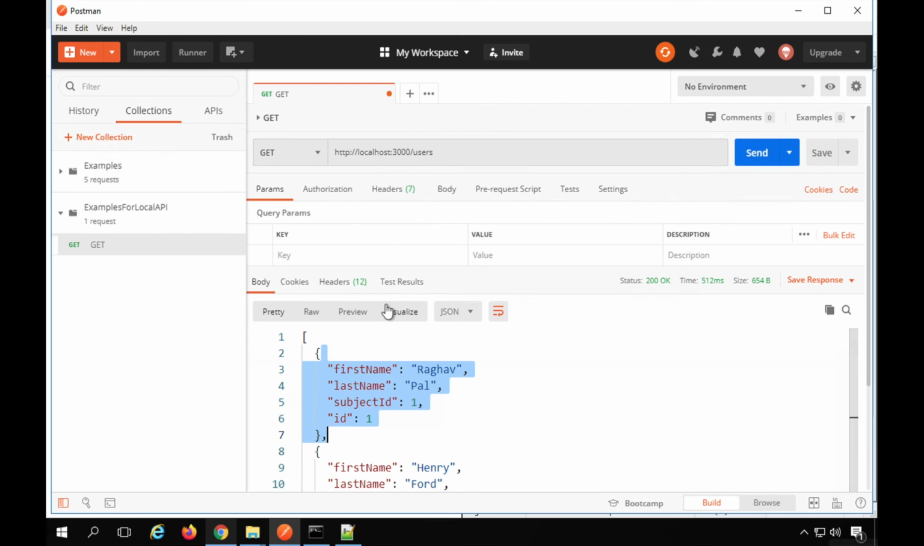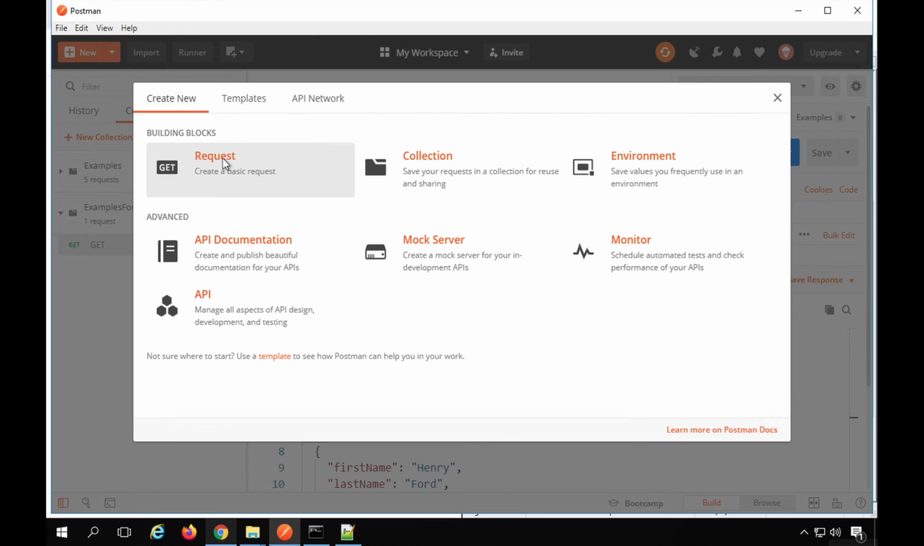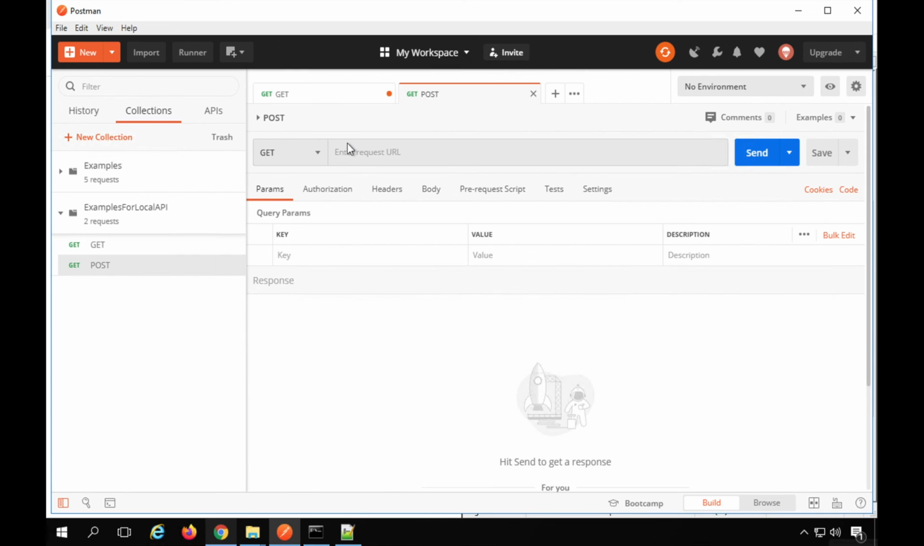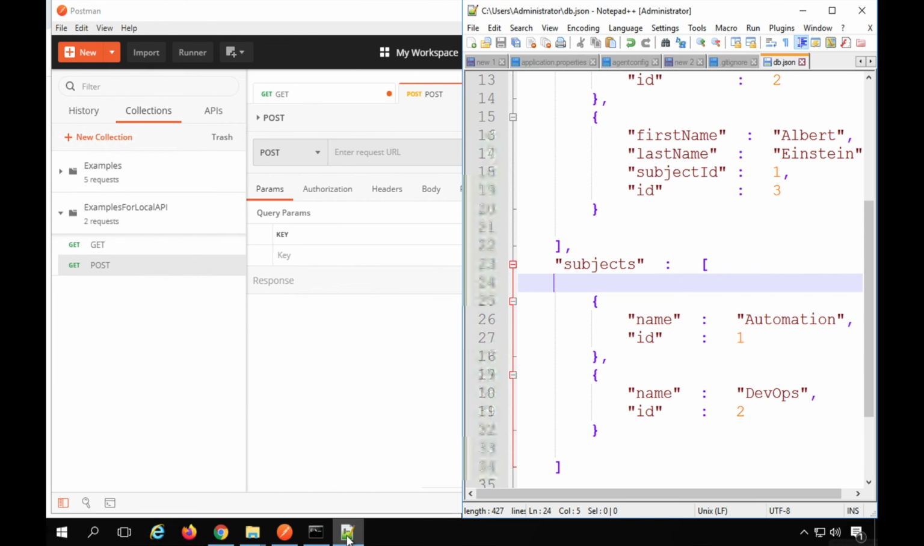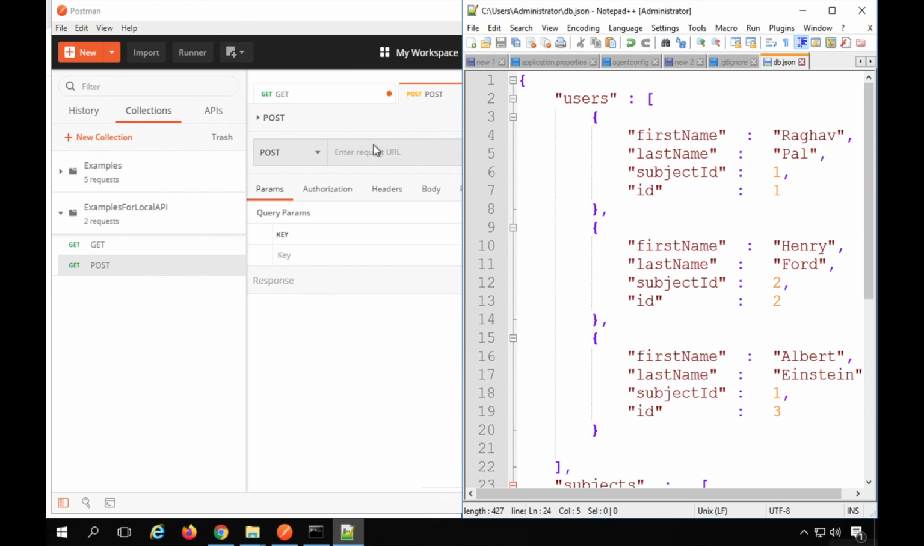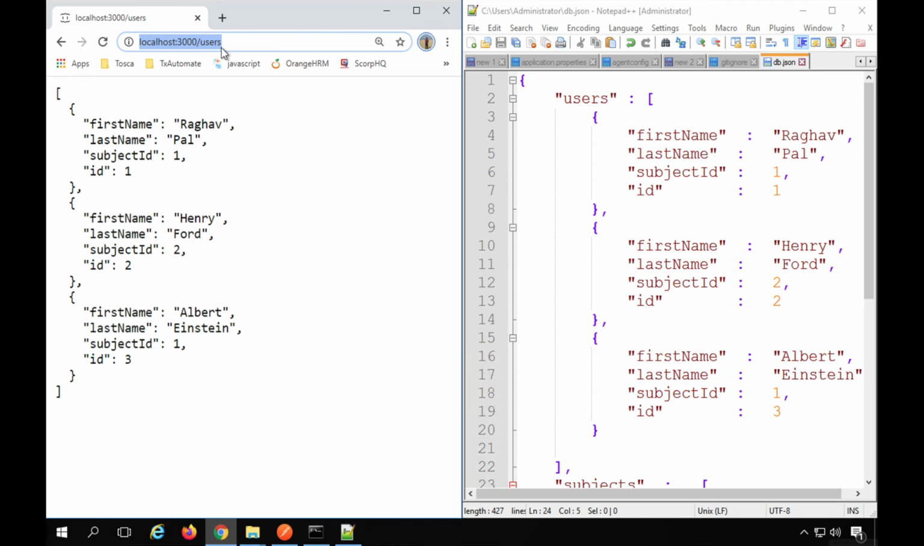Now let us try to create a new user using POST. So I will again create a new request and I will say this is post and save to the collection and make it a POST request. Now I'm going to create a new user. So the URL I have to use is /users. So I will just copy the URL from here,